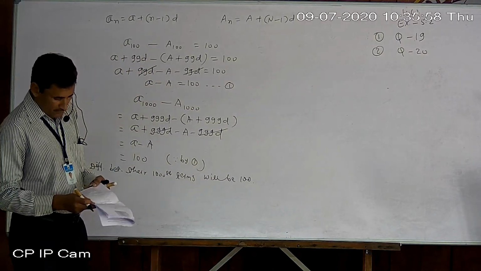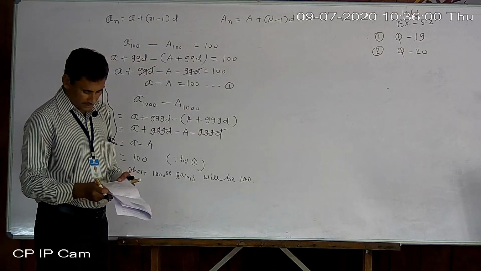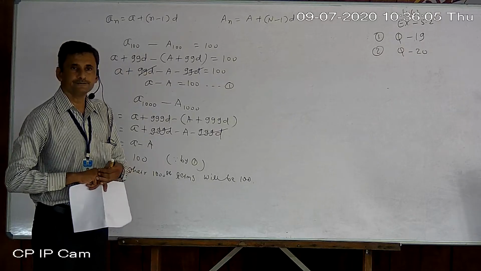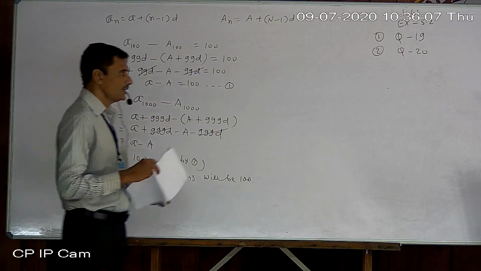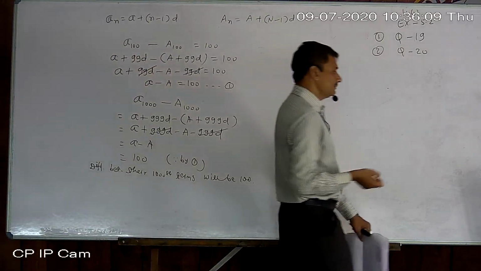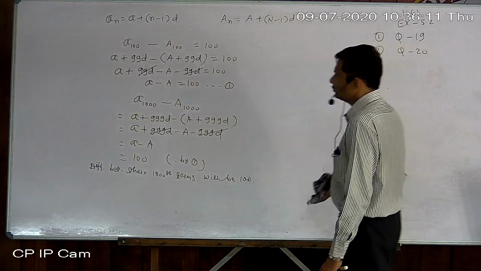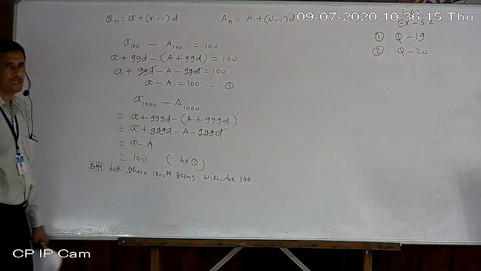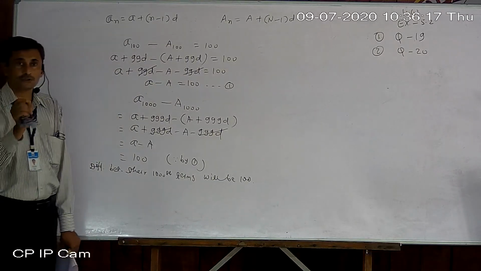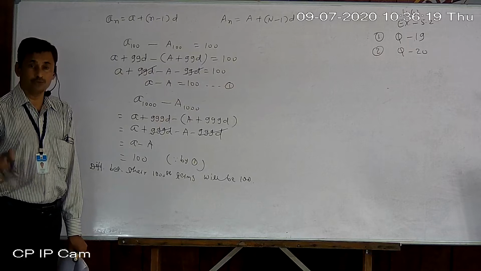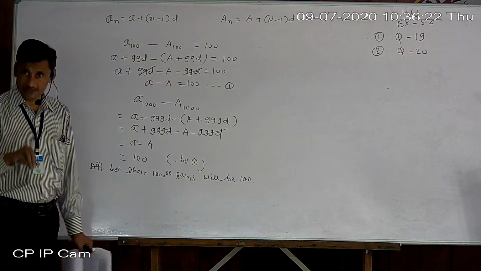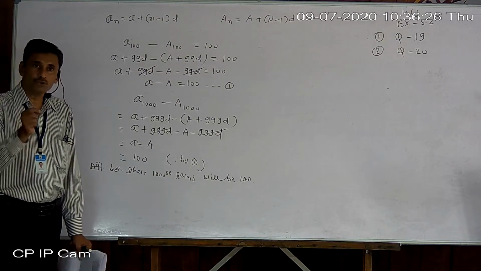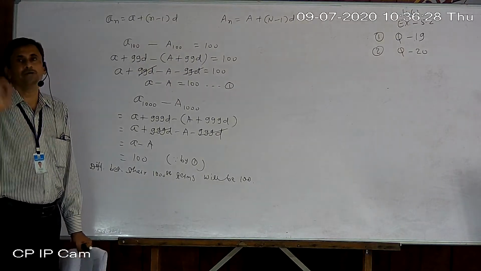For what value of n are the nth terms of two APs equal? Understand that question. Two different APs are there, but their particular term is equal. Suppose both 5th terms are equal, or both 10th terms, 17th terms, 57th terms, we don't know right now, but both particular numbered terms will be equal.